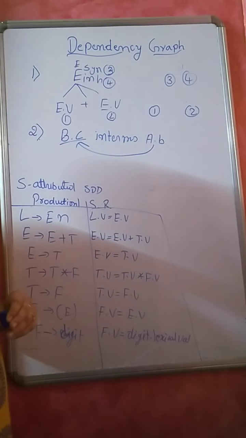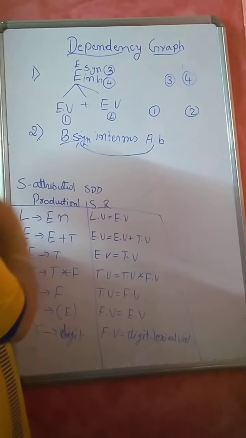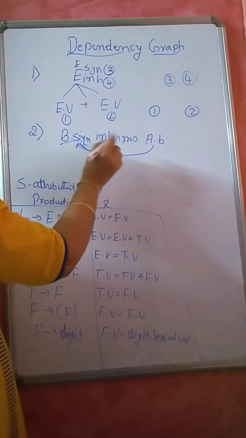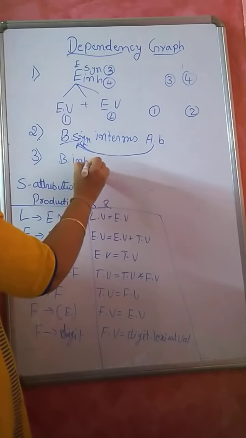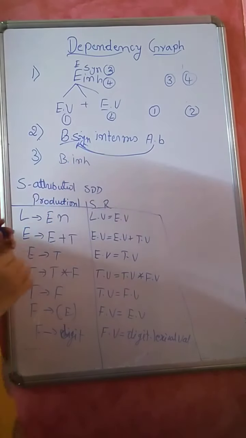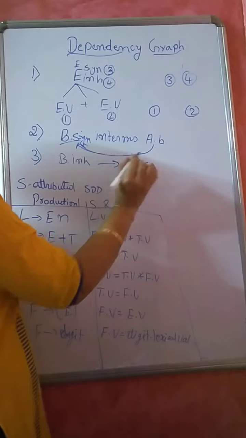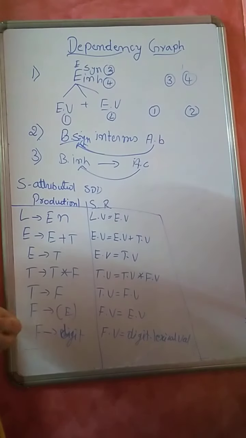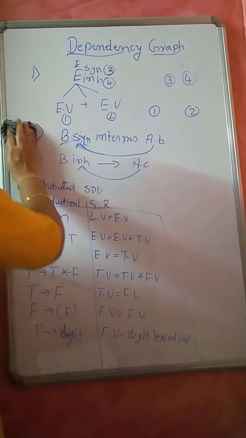It is a synthesized attribute associated with B. You can write that the synthesized attribute associated with this is obtained by A.B. Then you will have an edge from A.B to B.synthesized. And suppose I have an inherited attribute associated with any non-terminal, and its value is determined by something like B.C or A.C, then again you will have an edge from A.C to B.inherited. So these are the 3 steps that you need to follow when you want to write the dependency graph.